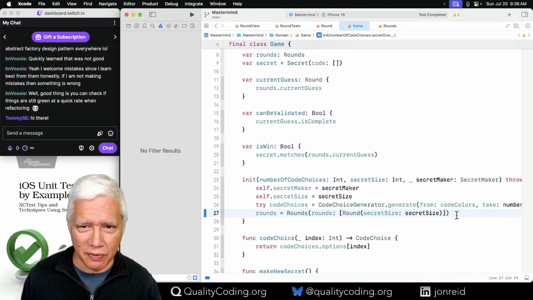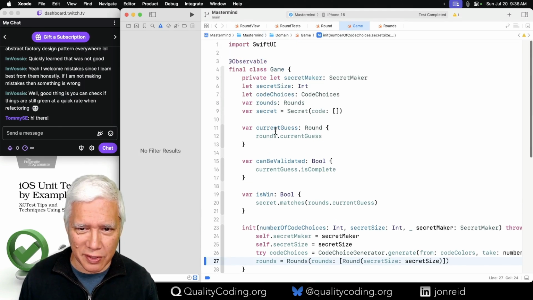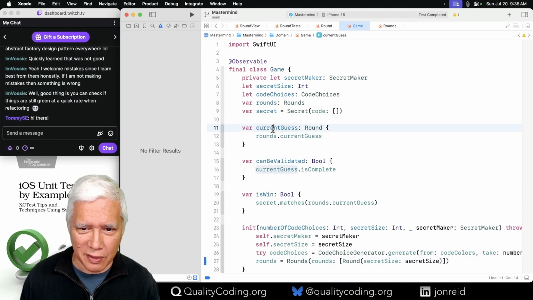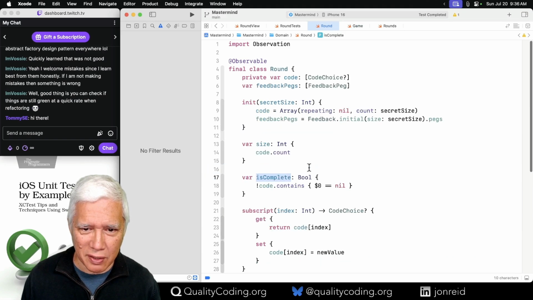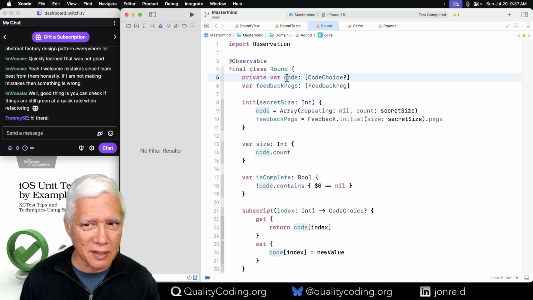Where else do we have current guess? Current, yeah. So is the guess complete? The code is the guess. This is okay.